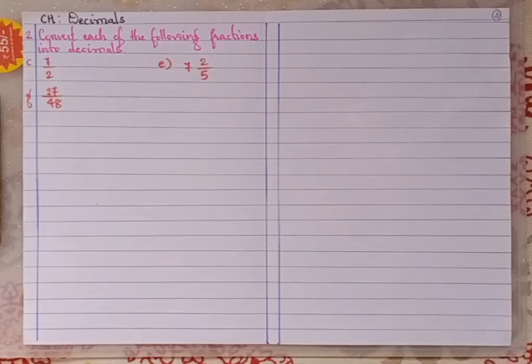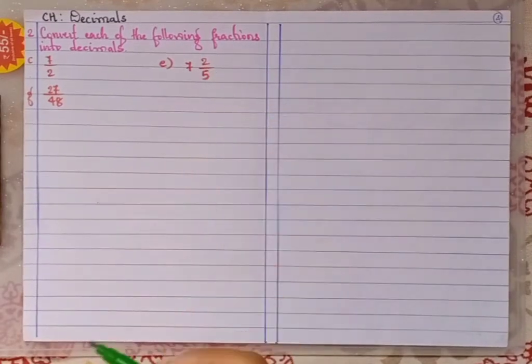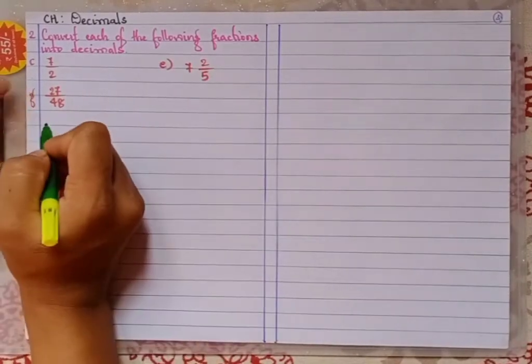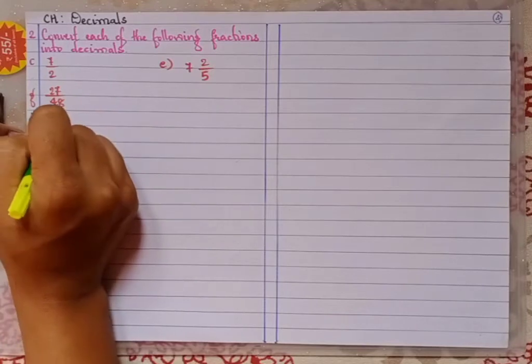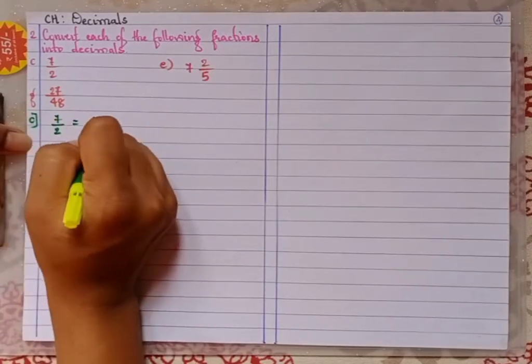And if it is in the form of mixed fraction, then we have to convert it into the improper fraction. If possible, we have to reduce it to the lowest term, and then we have to divide in a usual manner. So let's solve. Here we are having first example C. 7 upon 2. So the meaning of this is